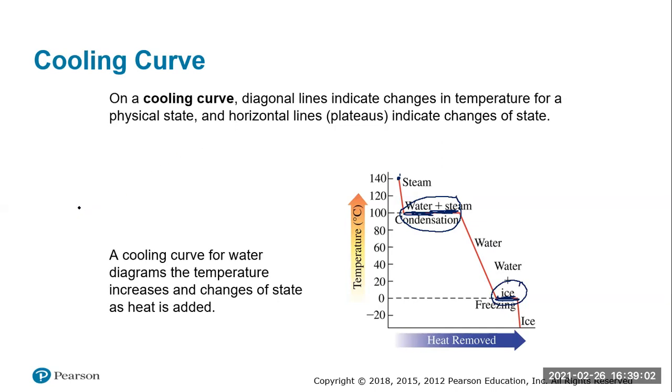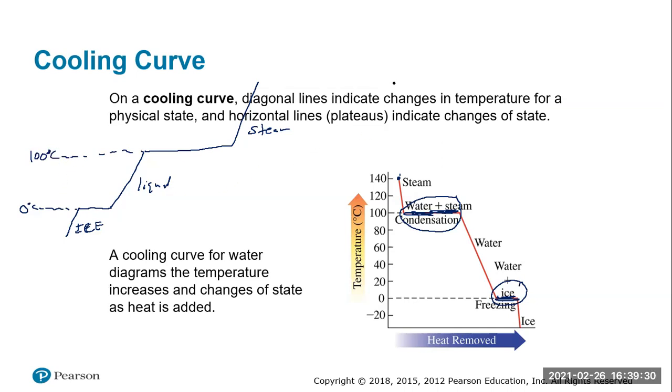Now, if you were to do that calculation that I just talked about, I'll redraw the curve here a little bit. This is steam up here. This is liquid water. And this is ice. And if we come across here, that's 0 degrees Celsius. Come across here, ideally these would be straight lines, 100 degrees Celsius.